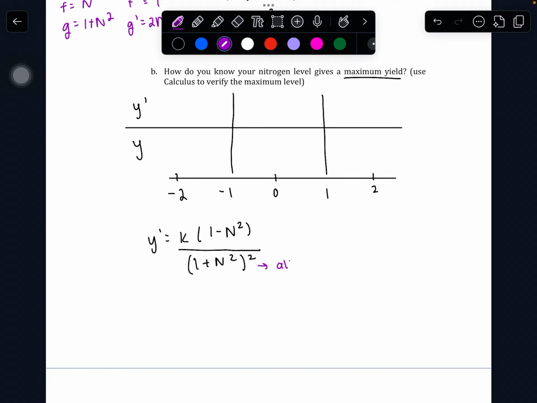This guy is always positive. Same with k, because you were told it's positive. So we only need to care about this, right? If I plug 0 into that, I'm going to be positive. If I plug 2 into that, I'm going to be negative. Same with negative 2. Okay? So here I'm decreasing, increasing, decreasing. That means 1 is my maximum and not